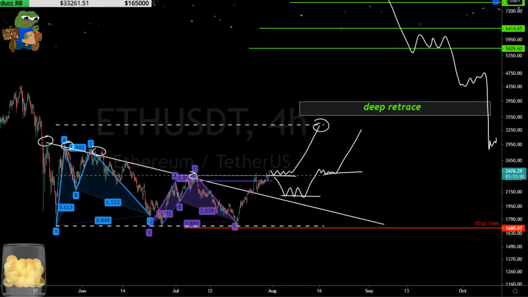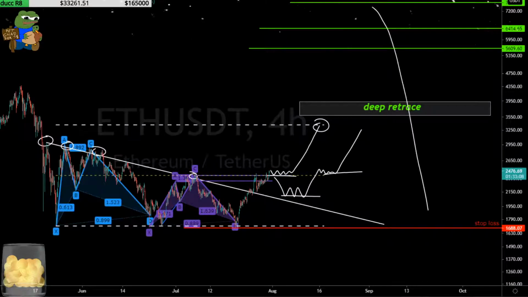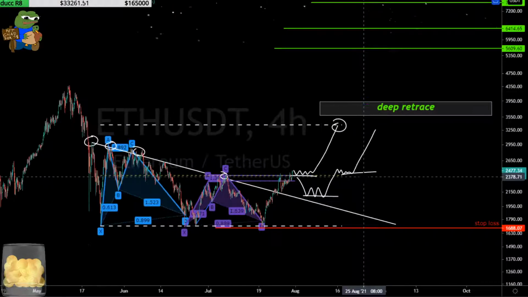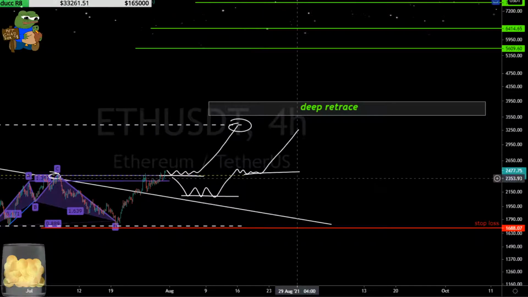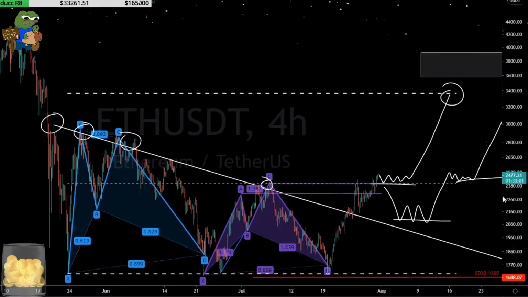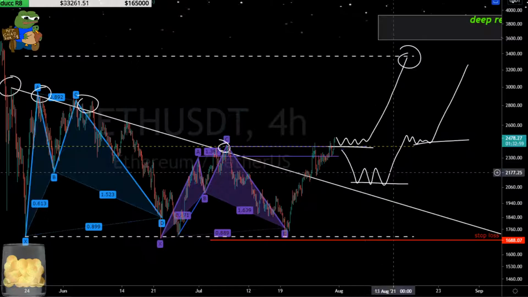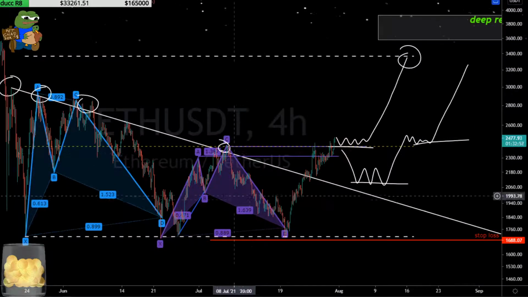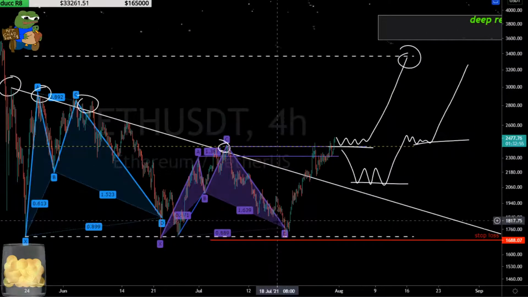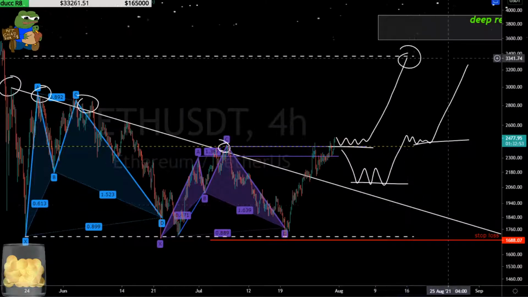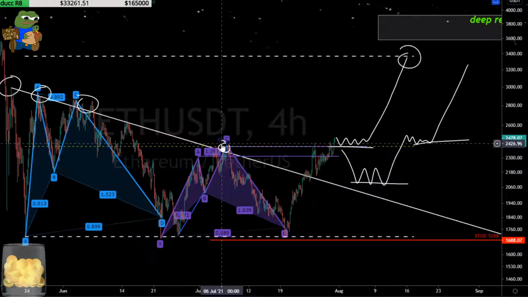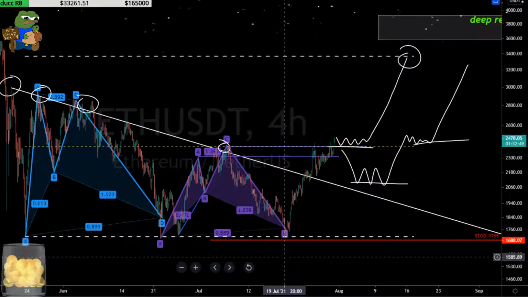It's like a V-shaped recovery in inverse, brah. So you don't want to see it that way, all right? We much rather prefer the slow and steady. Slow and steady wins the race, right? We like to develop price action, X, A, B, C, D patterns, right? So, yeah, let's see what we get here.